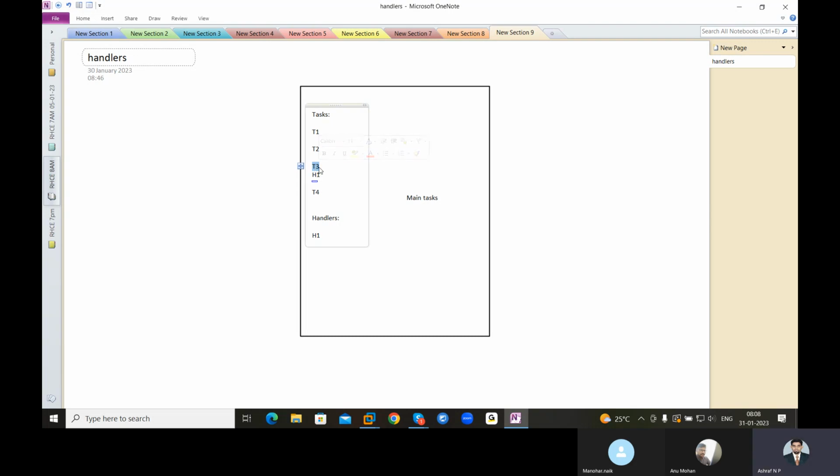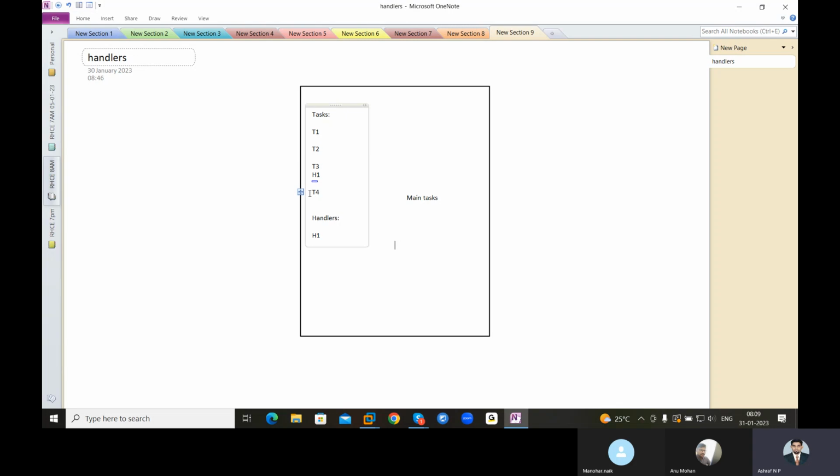So if T3 failed, the handler will not be executed, and the main tasks below also will not be executed, because the handler is notified from the failed task. That is clear. The handler will execute if T3 is executed successfully.